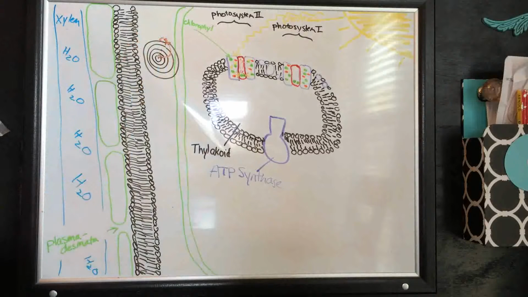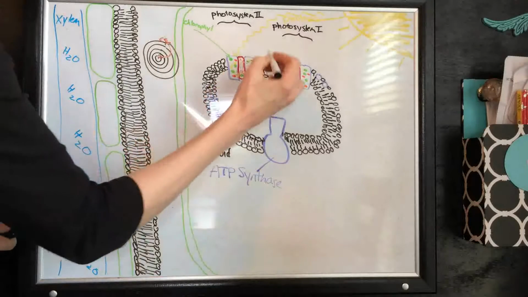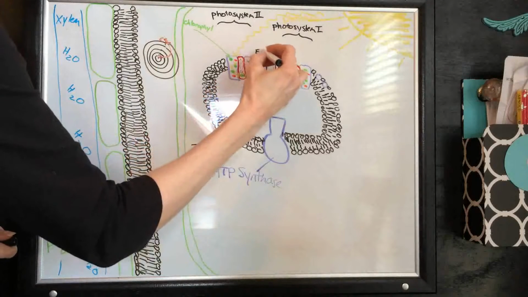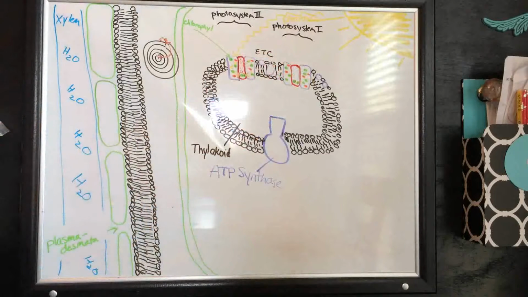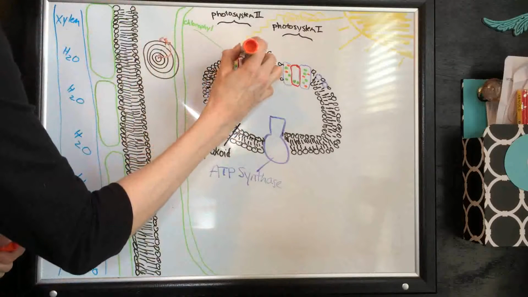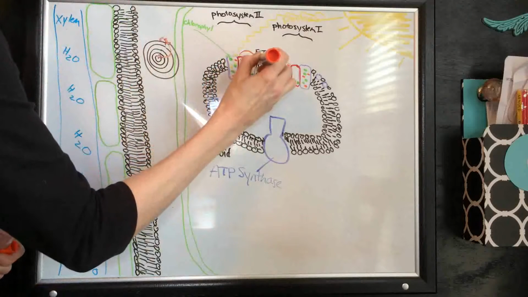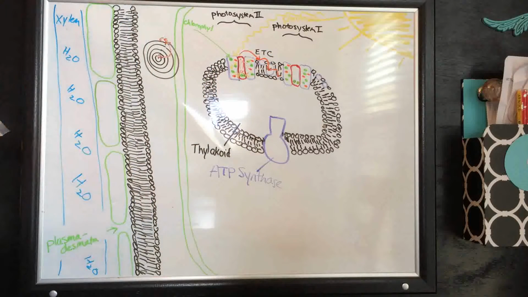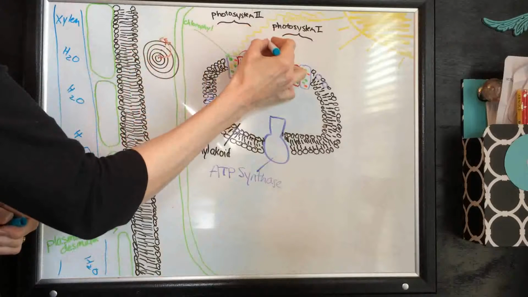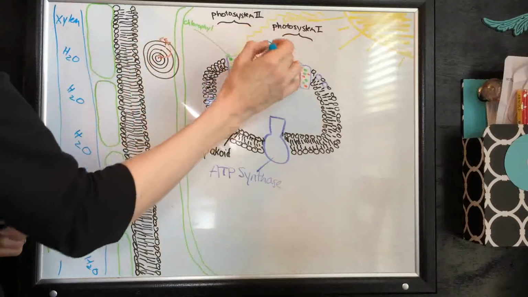We've seen this before, correct? It's called an electron transport chain. And they have one too, right there, just like ours. So I'm going to abbreviate it, ETC, electron transport chain. So these electrons, they simply get passed down the electron transport chain. Now what's happening as they fall, just like in our bodies, they're losing energy, and they're using that energy to do the exact same thing we do: to take protons and shuttle them